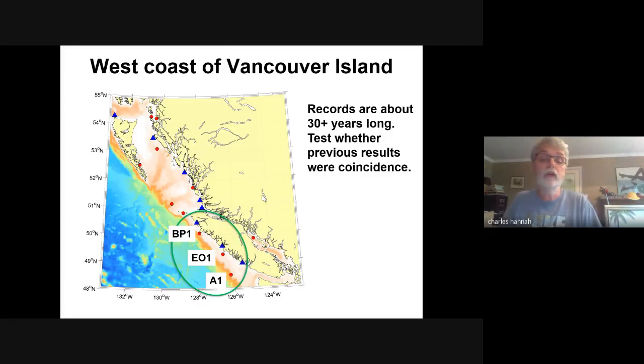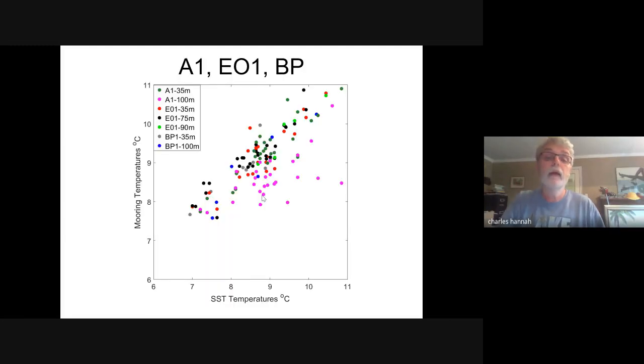We now move to the west coast of Vancouver Island, where we have much longer time series, start to account for some of the interannual variability. Do the same thing. We've got those 3 records. If you just plot all the January monthly means at all the locations and compare it with the satellite SST across the bottom. And once again, we got a series of points that don't seem to fit the general